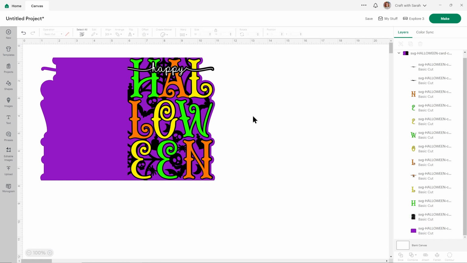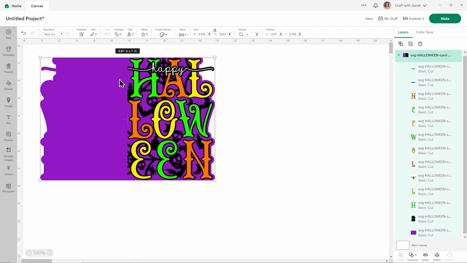Now, unless you want to change any of the colours, there's nothing you really need to do to this card unless you happen to have a scoring wheel or scoring stylus for your Cricut machine, in which case adding a score line down the middle of the purple bit of card will make it much easier to fold in half. I do have a scoring stylus, so I'm going to do that for my card.